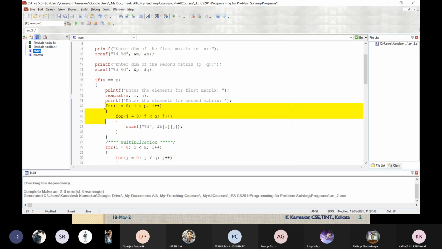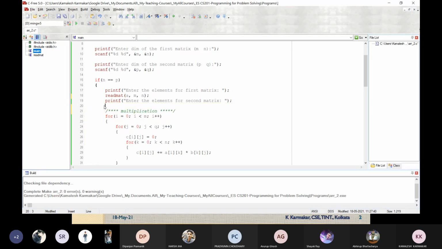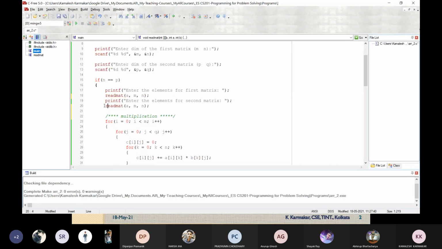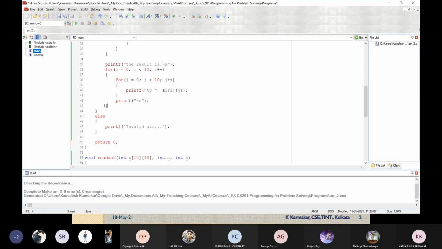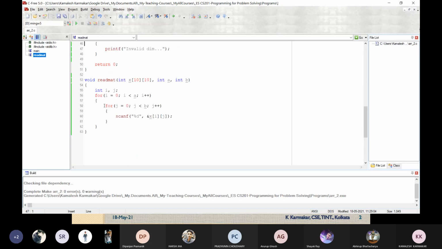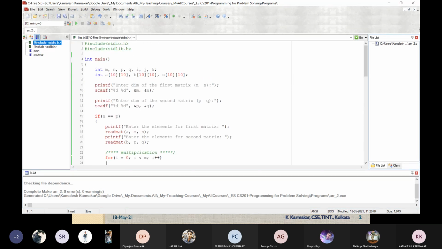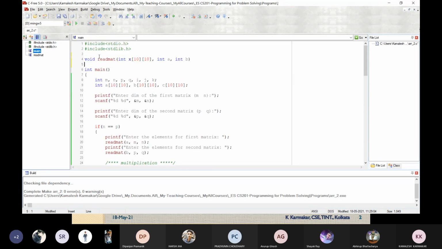Similarly, for the second matrix, I will not write the same logic here. I will just call this function and change the parameters. For the second matrix, it will be b, it will be p, and the dimension is q. Okay, so you have to declare the function which you are defining here. So here we have declared the function, so let me define the function, so let me declare them. Just this. Now if I compile it,